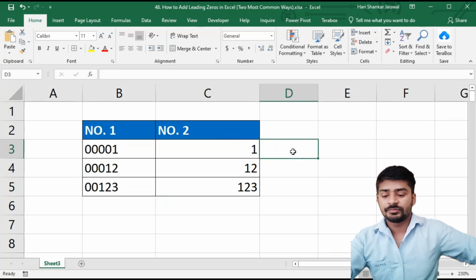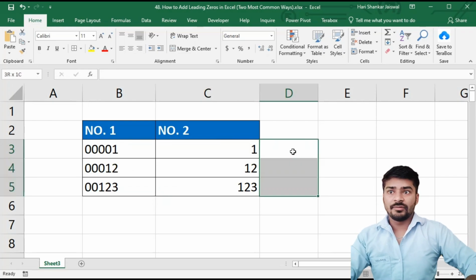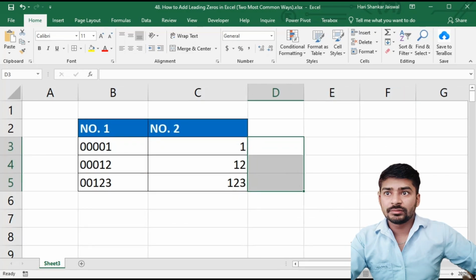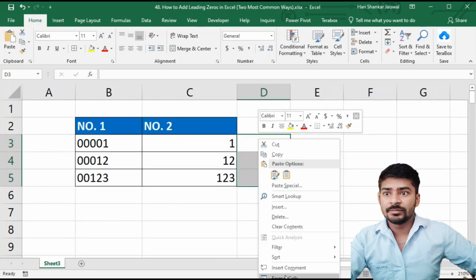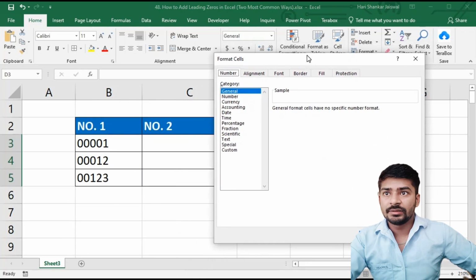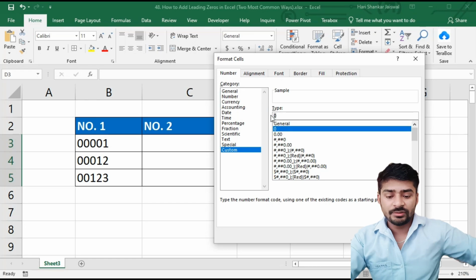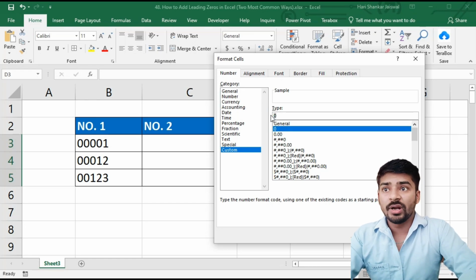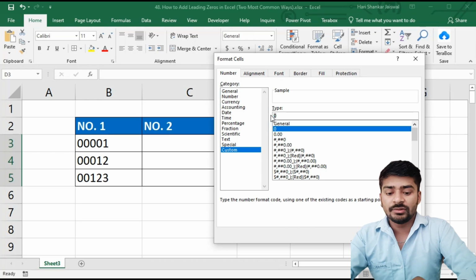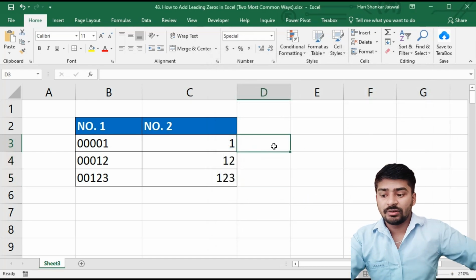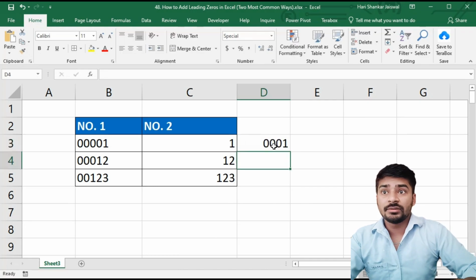Another way is to select the range, right click, and choose Format Cells. Here we will go to Custom, and in 0 we will type how many zeros we want before the numbers. So if I enter 4 and hit OK, and now I write 1, you will get